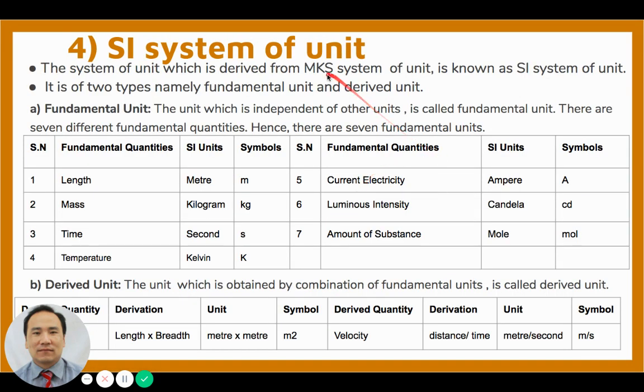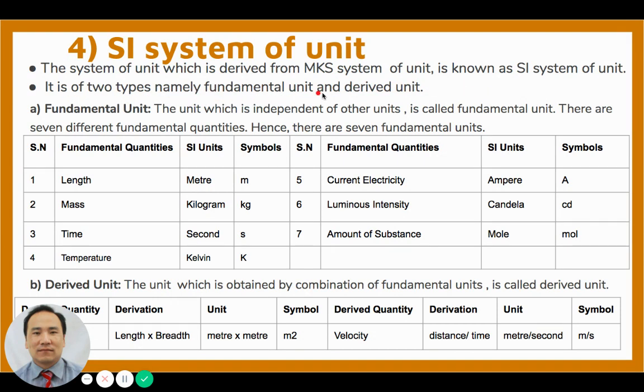That is why the SI system is internationally accepted. It is not a new system; it is derived and developed from the MKS system. And it is of 2 types again,